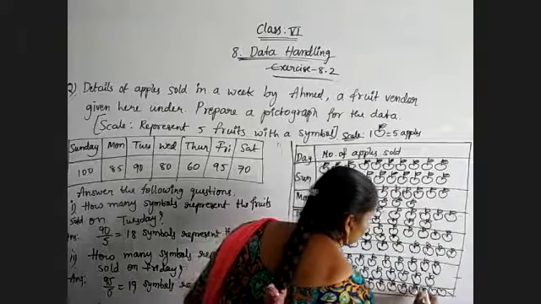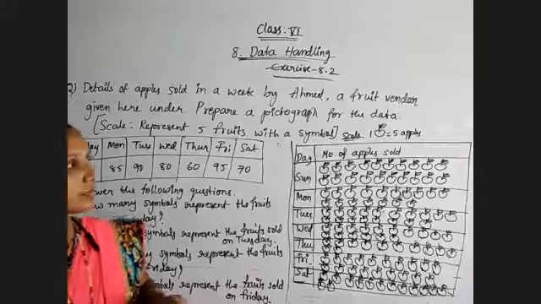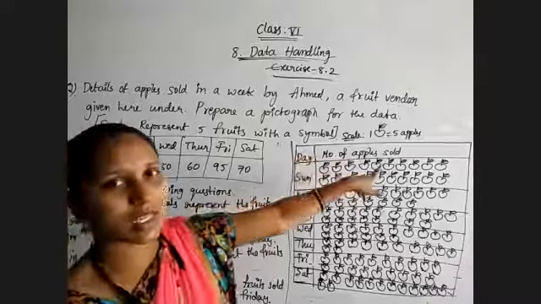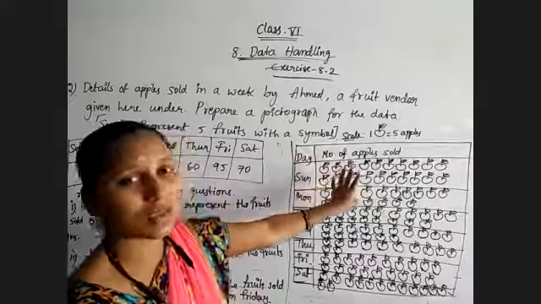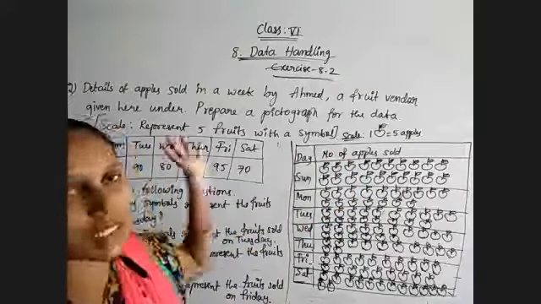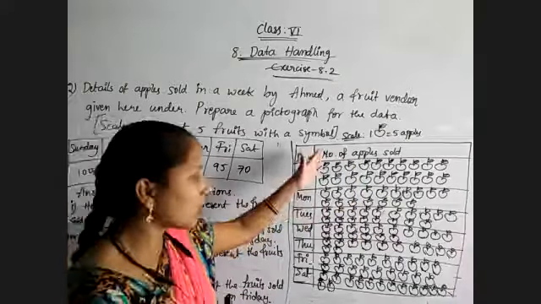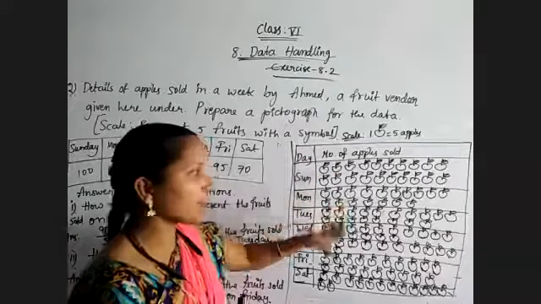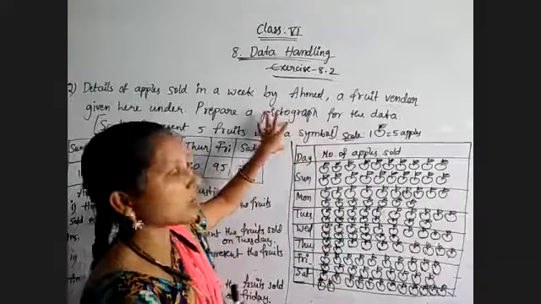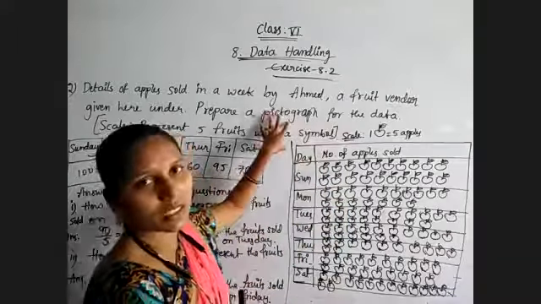So pictographs takes time to draw the pictures. That's all. Now just observe here. Scale, because they are given 5 apples, we are choosing that one. Otherwise, we can go through with the scale 10 apples also. Then no need to draw these many symbols. Half of the symbols will be reduced. But in the question only they have mentioned that scale. Okay, that's why these many symbols we have drawn.